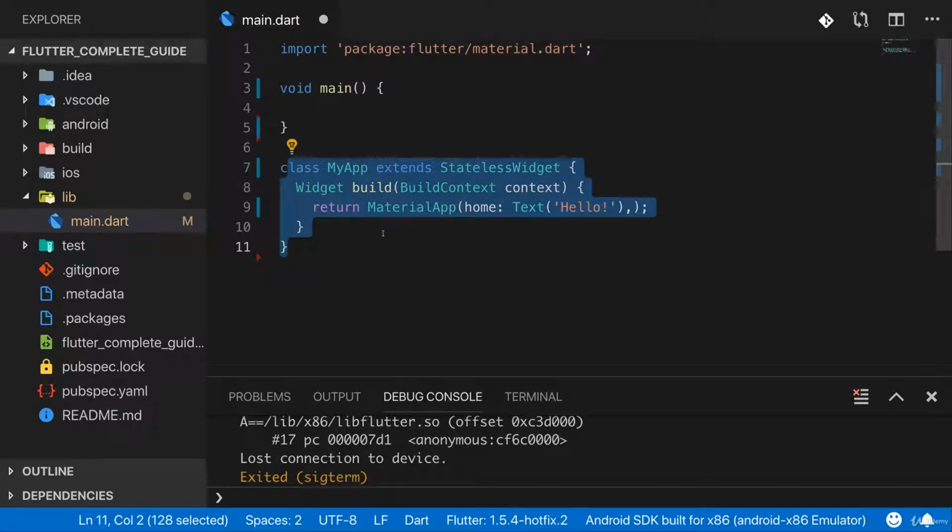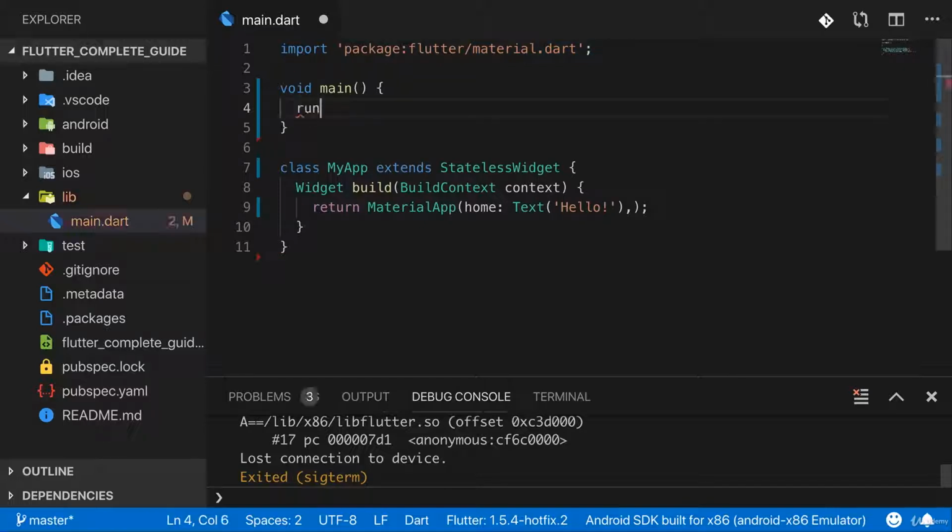To wire these two things up and see something on the screen, in main, we need to execute some code which takes our widget here and draws it to the screen. And for that, there is another function provided by Material Dart, and that is called runApp. Now, runApp is a normal function, but not written by us, but written by the Flutter team and exposed